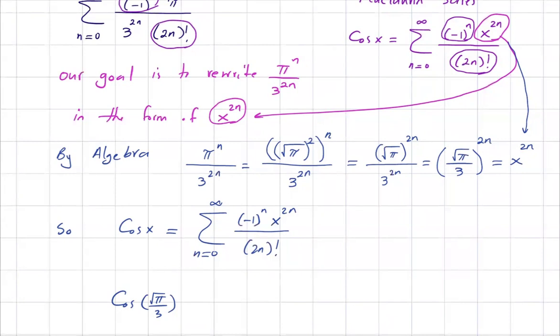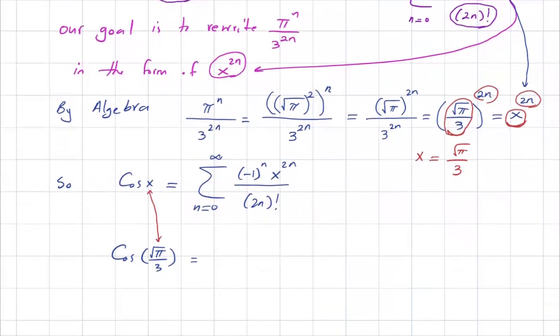Here, let me just use some arrows to show that for x, we are using square root of pi divided by 3. They have the same exponent. The bases must be the same. So this is your x,